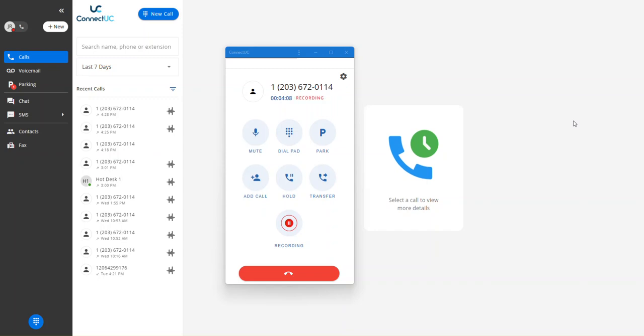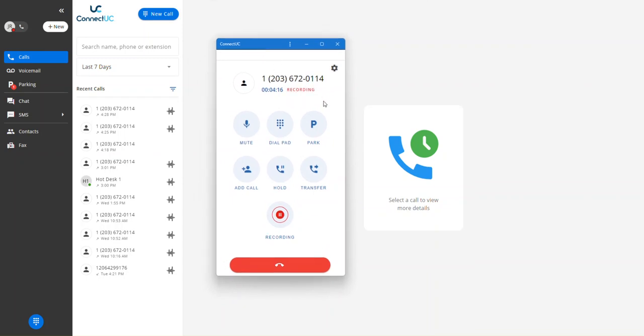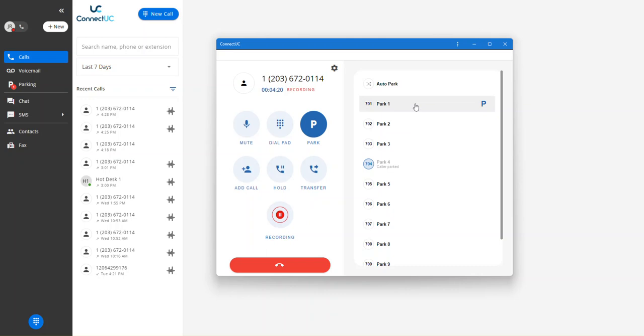Park is a simple way to place a caller on hold for someone else in an organization to pick up that call. So while on a live call, you can simply press the park key, which will then present you with multiple parking slots. Also the auto park feature here, which will allow the system to automatically park this call in an open park